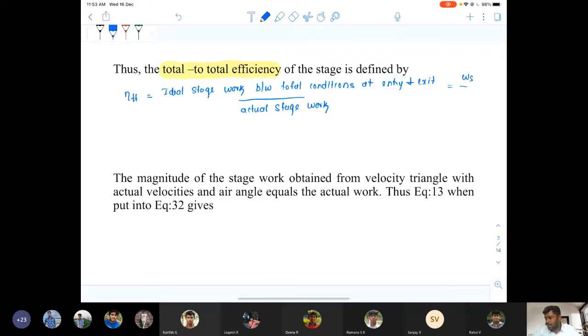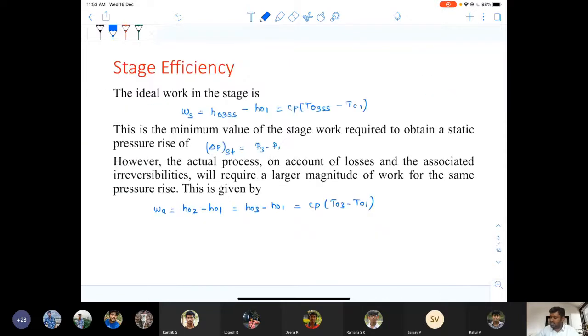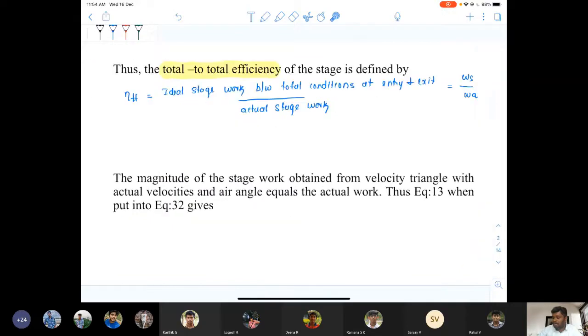We know that the ideal stage work is Ws, divided by the actual work, which is Wa. Consider this as equation number 31, and this as equation number 32. From equations 31 and 32, we have the values of Ws and Wa. By substituting these into this equation, eta TT will be equal to